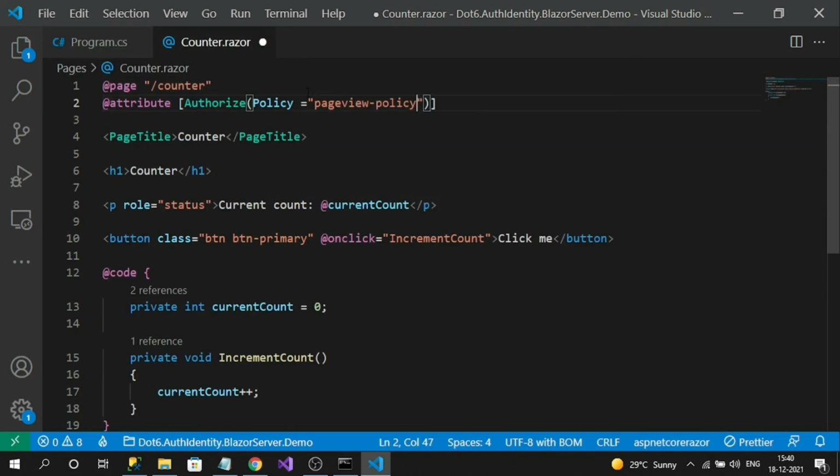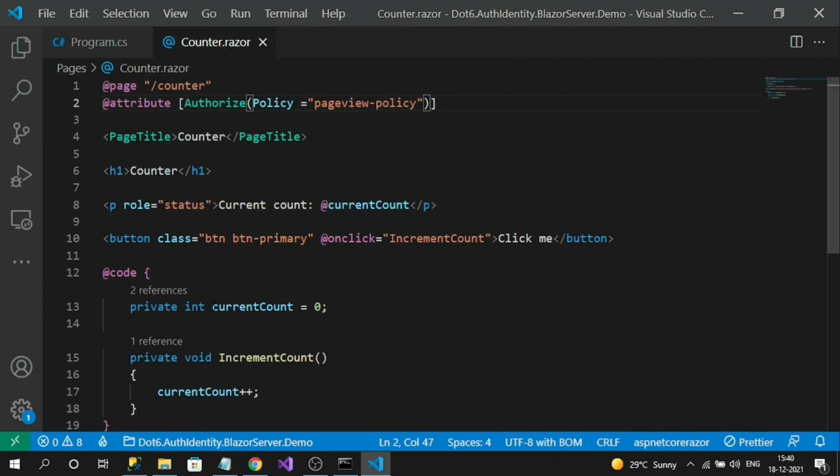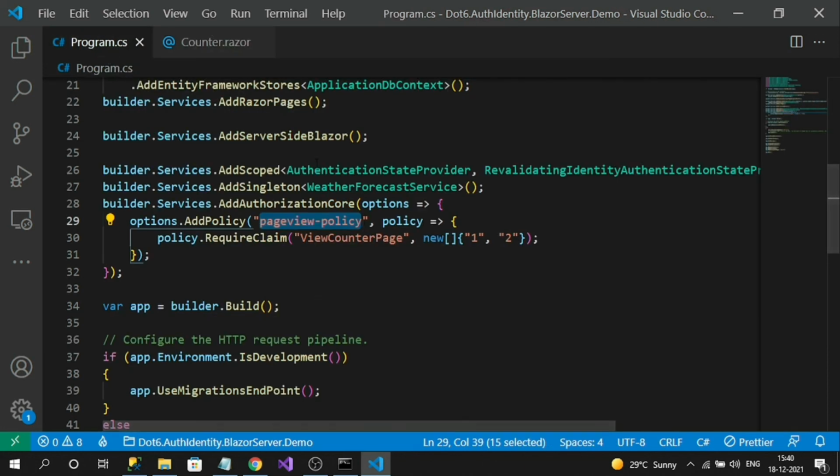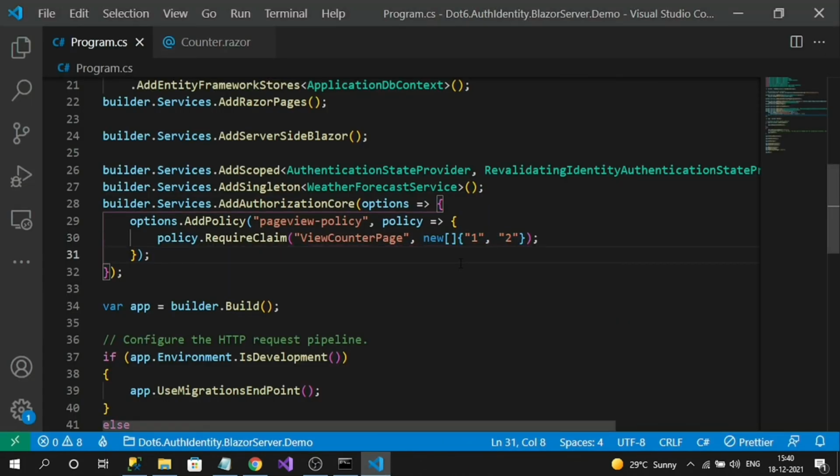Here I am adding authorization. So only logged in users are allowed to access this page, but there is a condition. Along with login, you should have a claim view counter, and one of its values must match his claim value. That is the rule I have applied here.